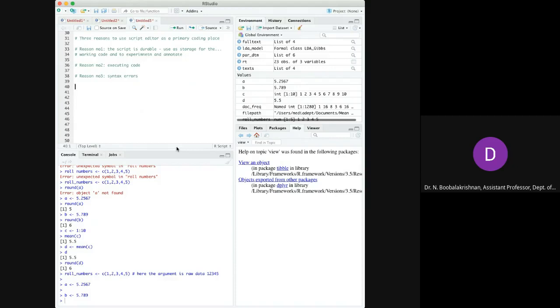For example, example.error is an object. I am putting in a sample code, a sample of C of 1, 2, 3, 4.